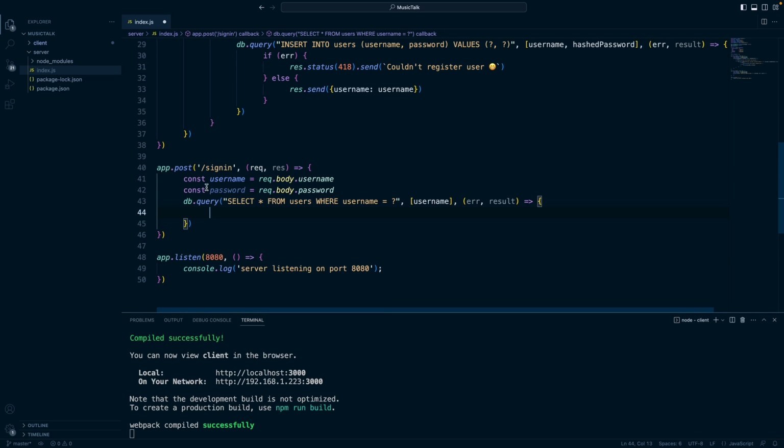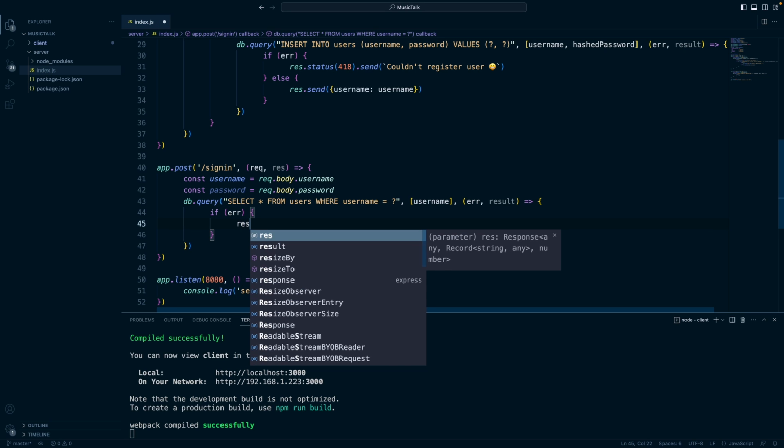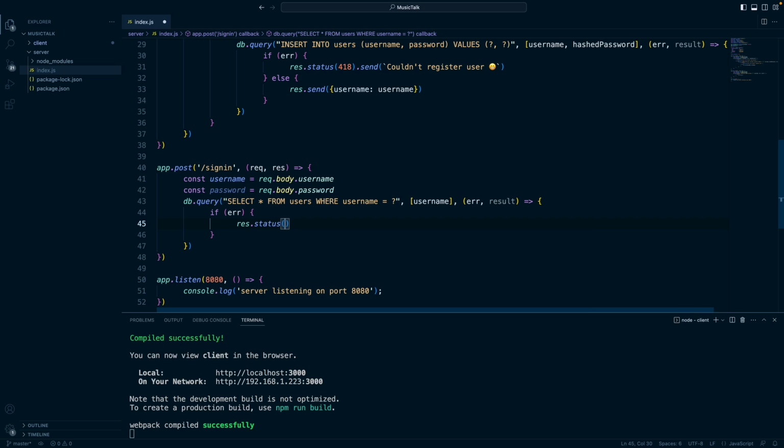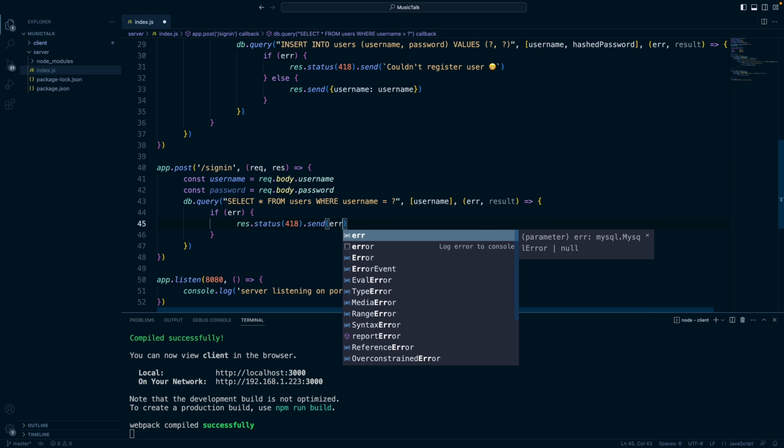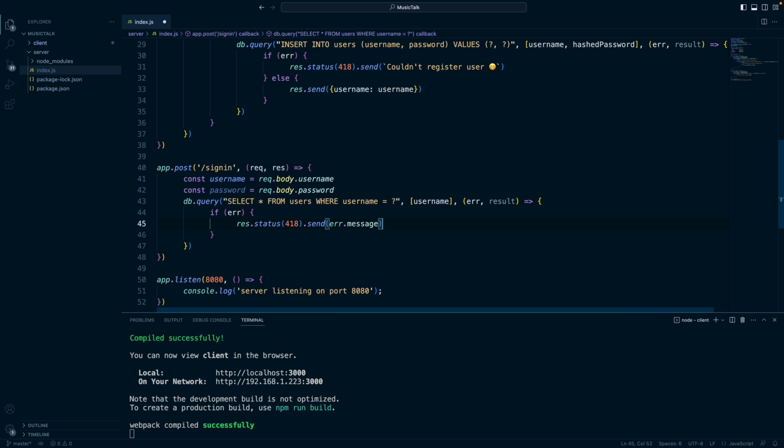So when they sign in, we'll get the username password, and the first thing we want to do is select a username to make sure they entered a username that is actually in the database. And if it is, then we will check the password. So the first thing we'll do is grab the username if it is in there. And if it's not, we'll get an error. We'll do our response.status 418. We'll just send the error message. And then if there's not an error,